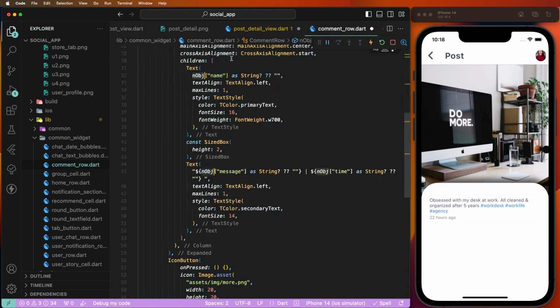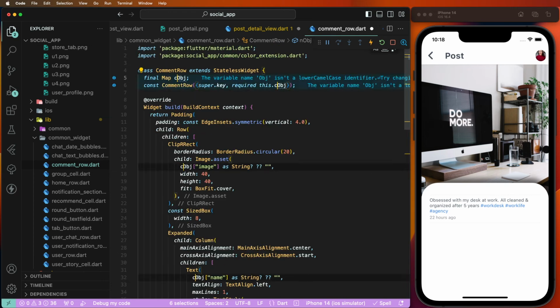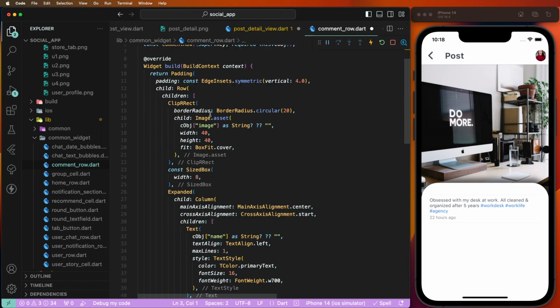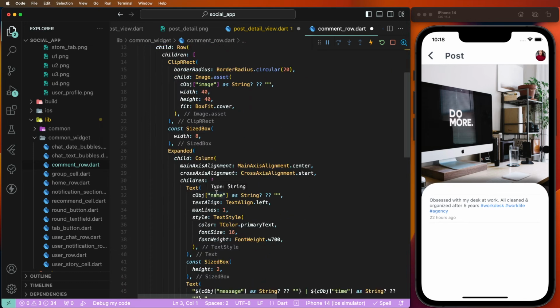Also need to change this here the name object like this, give this here, and to first of all set here the user image, then after need to this here the name